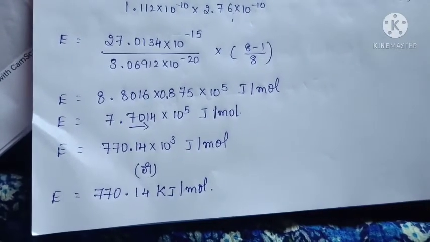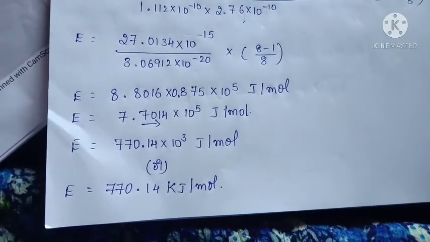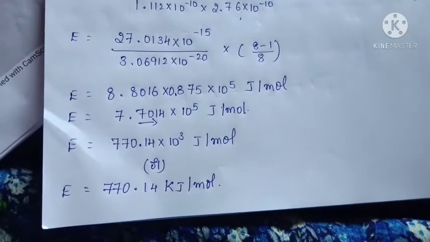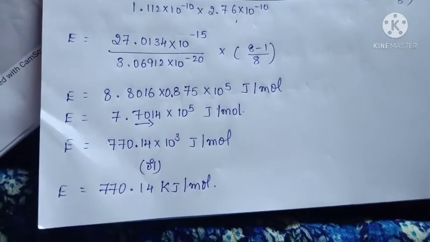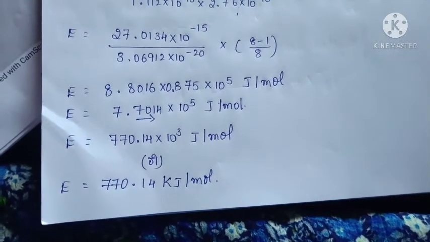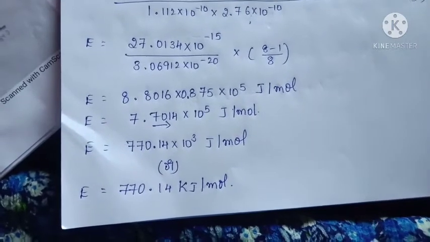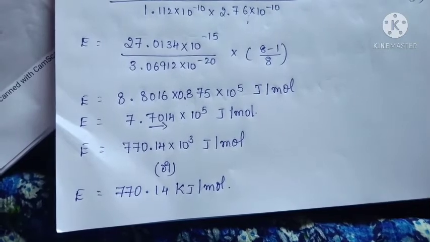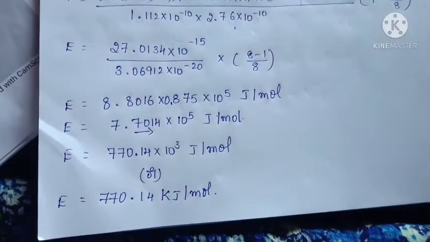Okay, kilo means 1000. Here 1000 we write as 10 to the power of 3 also. So that's why 10 to the power of 3 should be written as kilo joule per mole. You can stop at joule per mole also. If in case, you can also extend it to kilojoule per mole. This is the example for calculation of lattice energy of sodium chloride crystal by using the Born-Lande equation.